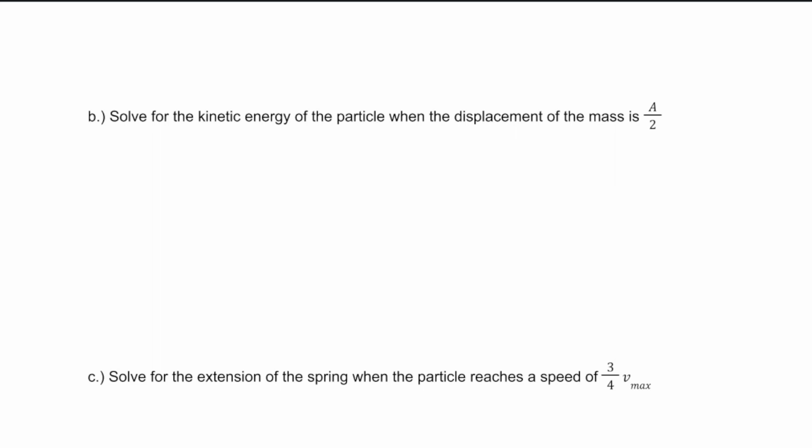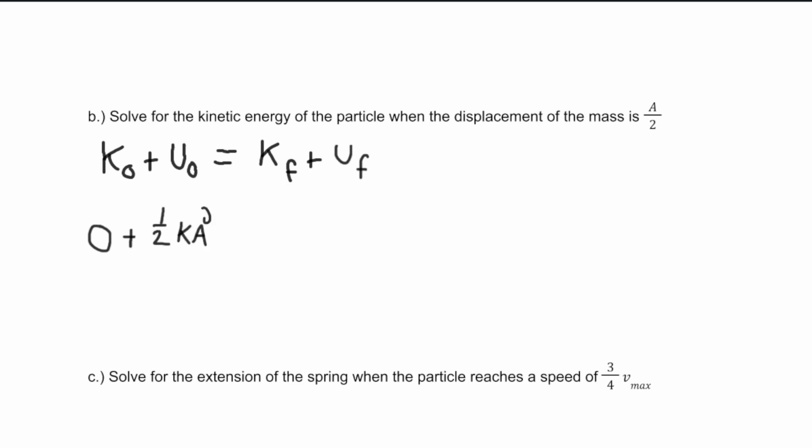All right, solve for the kinetic energy of the particle when the displacement of the mass is A over 2. So with all these mass spring energy problems, we definitely want to use the fact that kinetic plus potential is a conserved quantity. And we're asked to do all this in terms of k, A, and possibly m. So at the start there's 0 kinetic energy and there's 1/2 kA squared worth of potential energy, which is also the total energy of our system, and that is equal to the kinetic energy at the end plus 1/2 times little k times the extension, which is only A over 2 there. So we get 1/2 kA squared is equal to final kinetic energy plus